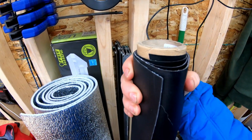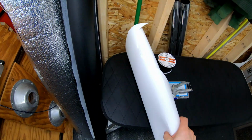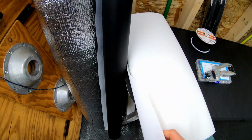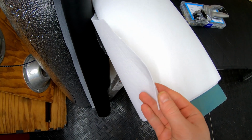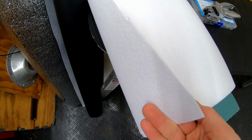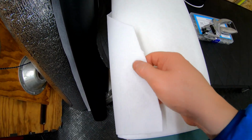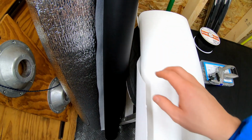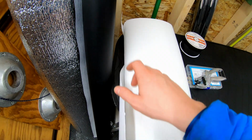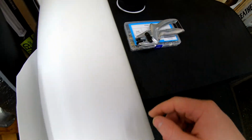This is vinyl from Fabricland. This is going to go in between the vinyl and the insulator. This is just like a hard backing, I don't even know what you call this. Also got it at Fabricland. So what we do here is with this, we just use a little bit of adhesive to put this onto the vinyl, and then that's what we use to sew in our pattern onto the vinyl. And then